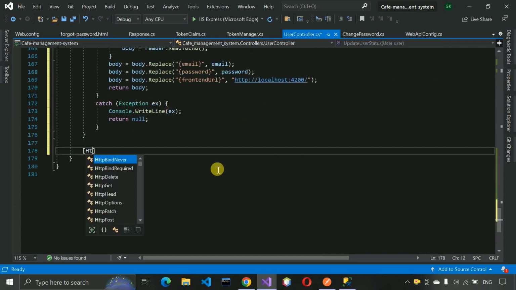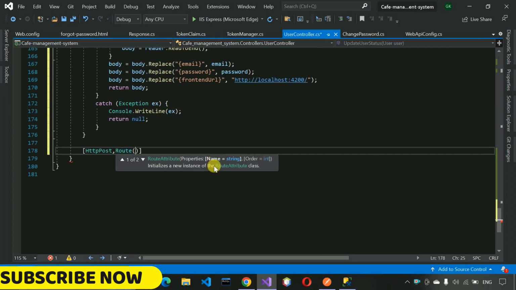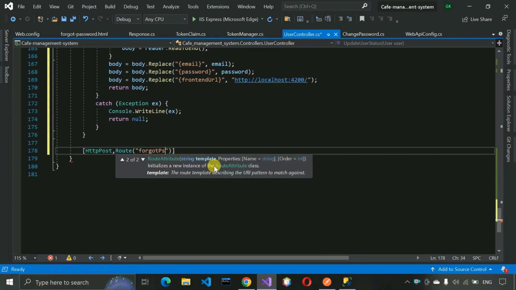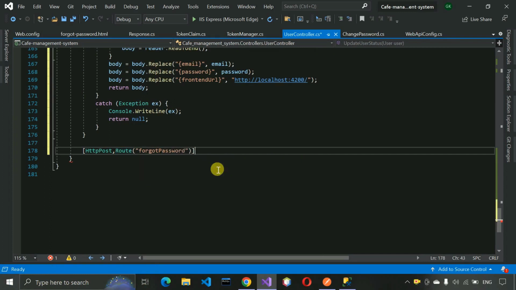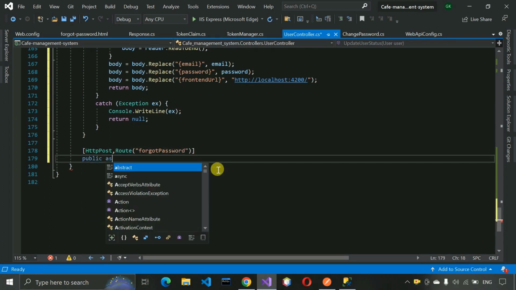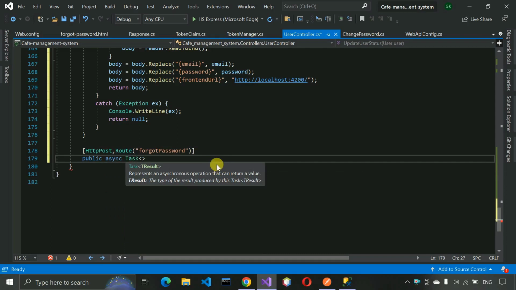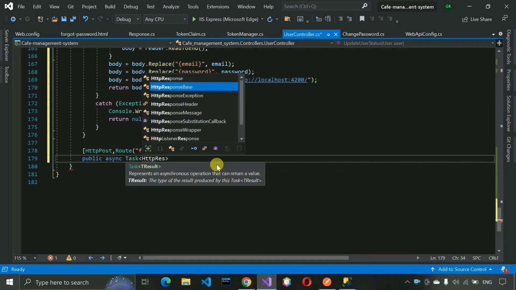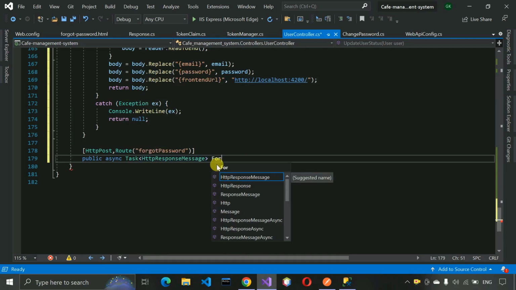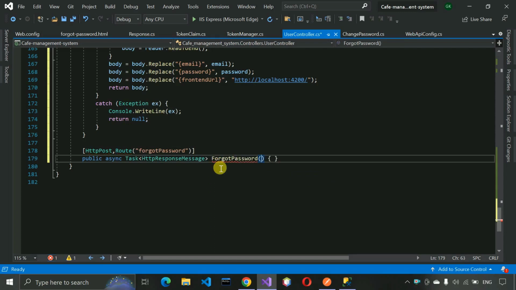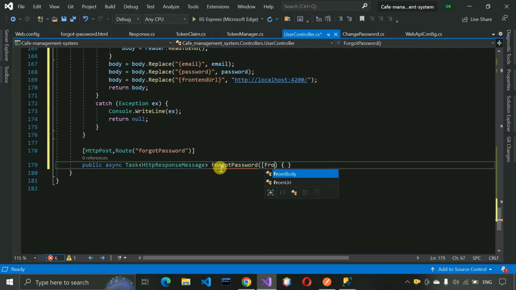So here I'm going to write HttpPost, and route, and write forgotPassword, and this one public async, and here we have to use Task, and here we write HttpResponseMessage, and here we write ForgotPassword, and here we are expecting from body, and here we are expecting user,